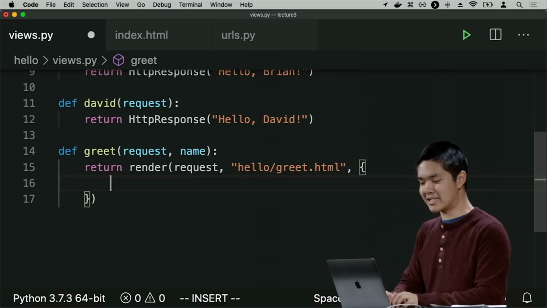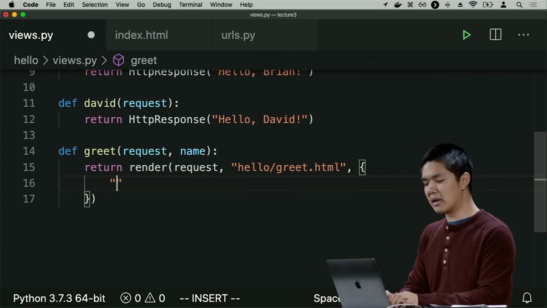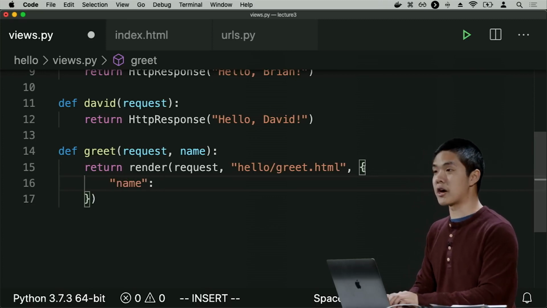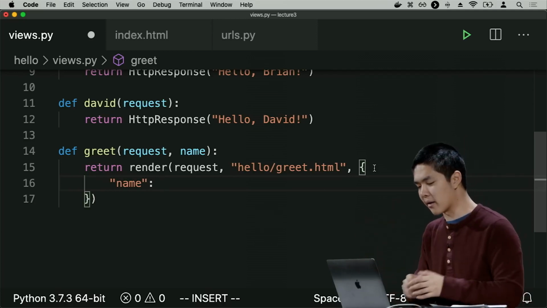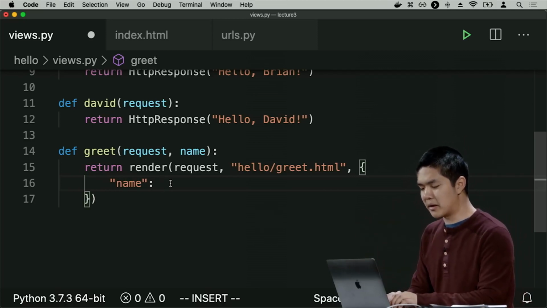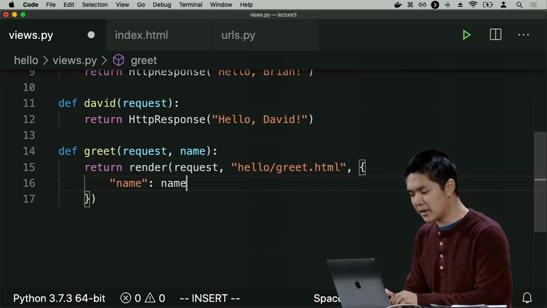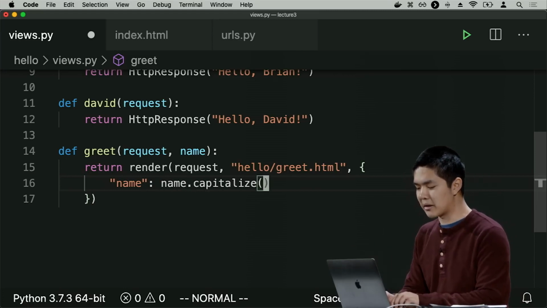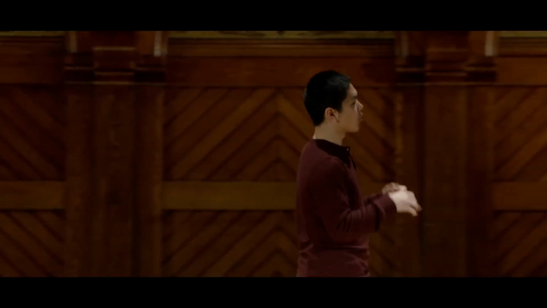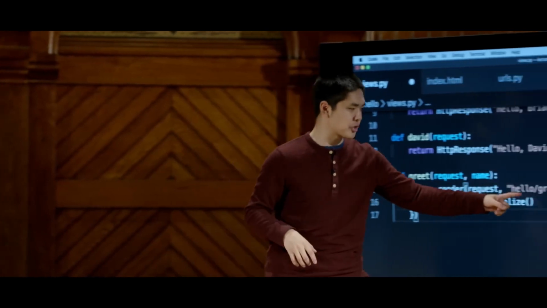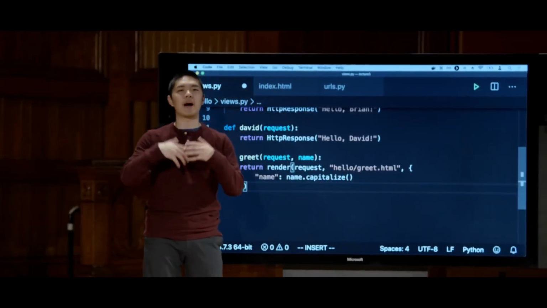And so one thing I might want my template to have access to, for instance, is something like a name. And so this is a Python dictionary, just a sequence of key-value pairs. And this name might be associated with what value? So name is the key. The value I want to be name.capitalize. And so what's going on here is that now, when I render this template hello/greet.html, I'm providing that template